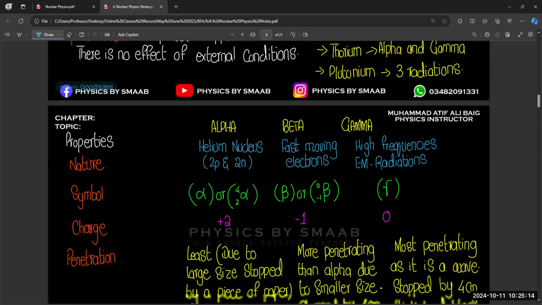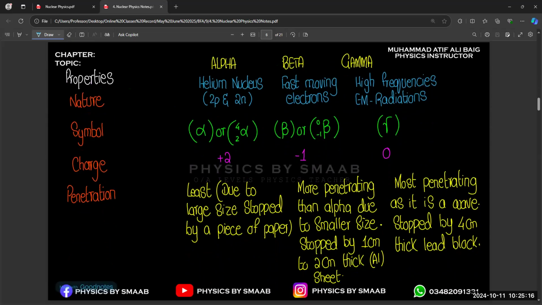Okay, so now we have three types of radiation, but we are short of time in this class, so we are not able to discuss all the properties of alpha, beta, gamma, but we can compare their general differences, right? Like the question is, what is alpha, what is beta and what is gamma? How do we identify which one is alpha, which one is beta, which one is gamma? What are the charges, or what are the equations or the symbols? Just like we studied before about proton and electron. So if we talk about general differences, you can see there are properties given.